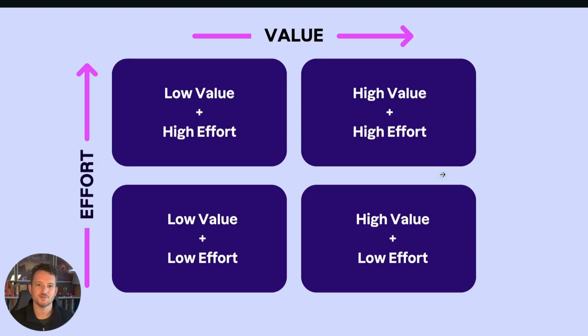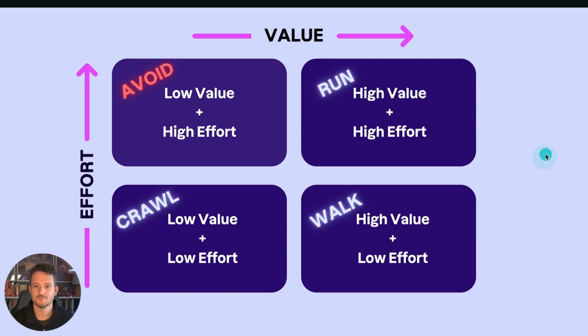So let's look at this in terms of crawl, walk, run. Crawl, bottom left, walk, bottom right, run, top right. As you move up and to the right, you follow naturally this crawl, walk, run progression from low value, low effort. And I don't mean low value as in they're unimportant. Most of what I do with AI would fit into this low value, low effort category. In yesterday's video, I showed an agent that does web research for me. That was low value, low effort, but I use it all the time.